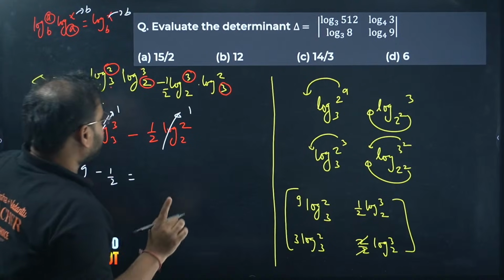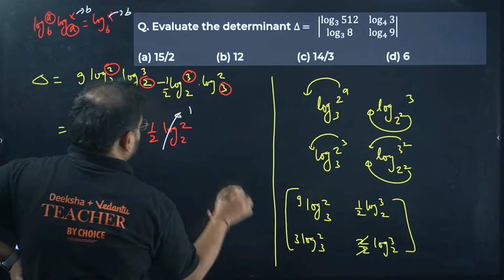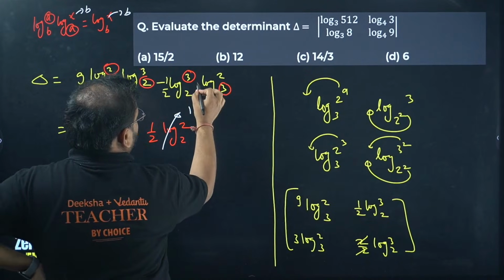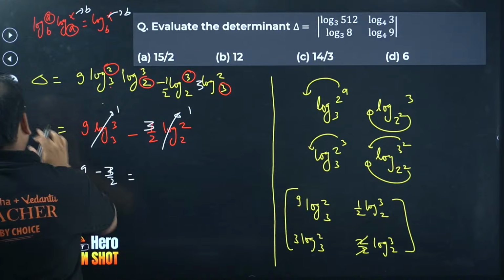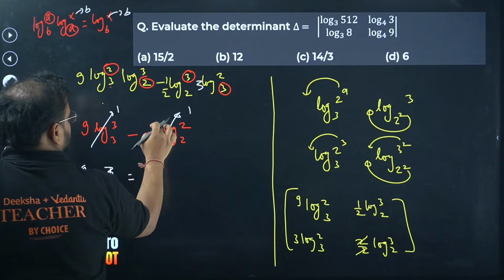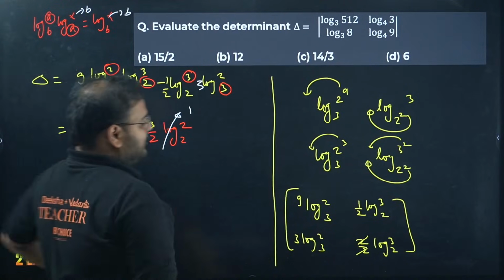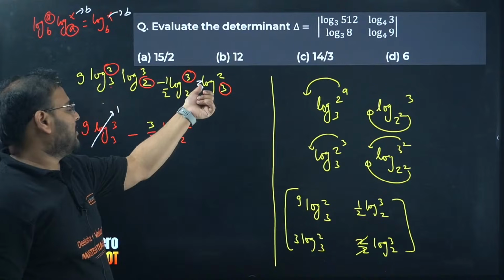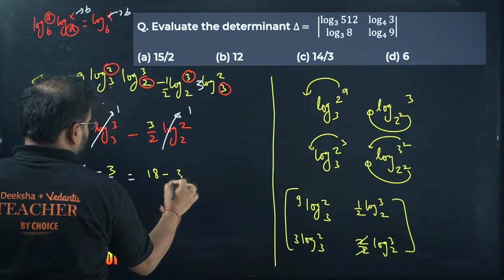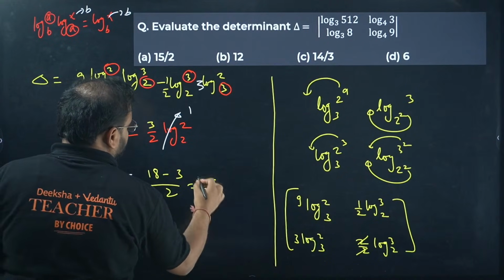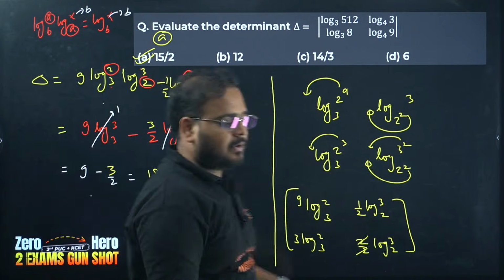Something is wrong. Something is wrong, sir, 3 is there, no? Here we have 3 also. My bad, guys. We have here a product with 3 also. This will be 3 by 2 actually. I'm going to repeat that, so don't worry about that. What happened is I missed writing that value from there. I'll show you, this is 3 into 1 by 2, so it will be 3 by 2 actually. I forgot about the 3 value. So it will become 18 minus 3 by 2. The answer is 15 by 2. My bad. The answer is actually option A. Everyone have a look.